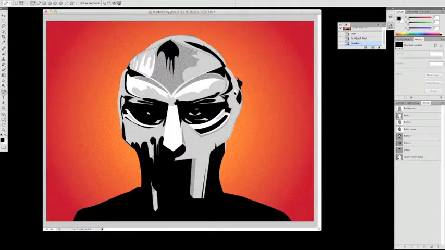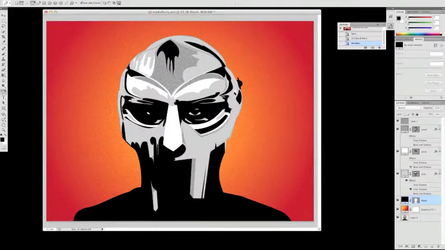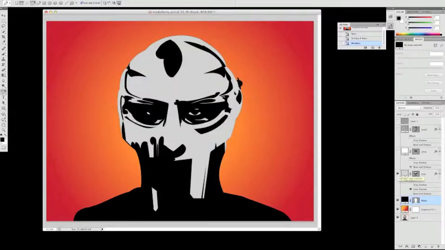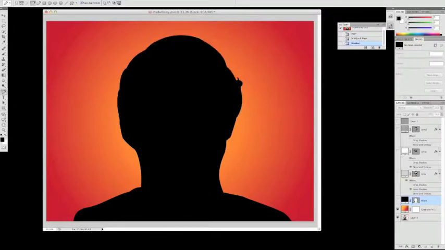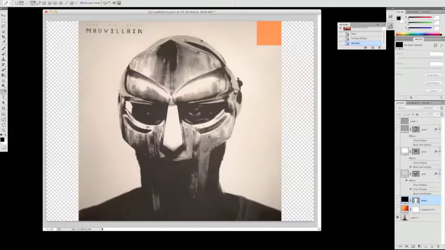So first, I'm going to show you how I got to this final product, this beautiful album cover of the album Madvillainy by MF Doom, one of the greatest rappers alive. So first I will make all the layers I've put invisible. As you can see, I've divided the features of this image into various color groups, which I have stacked on top of each other. So here's the original album cover,